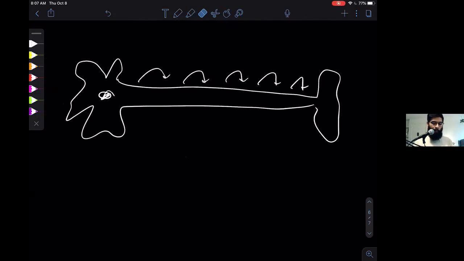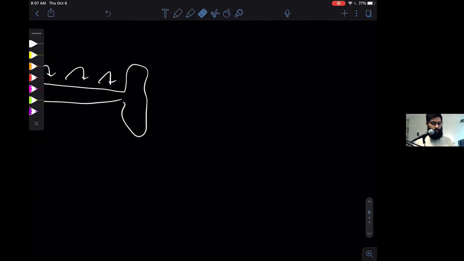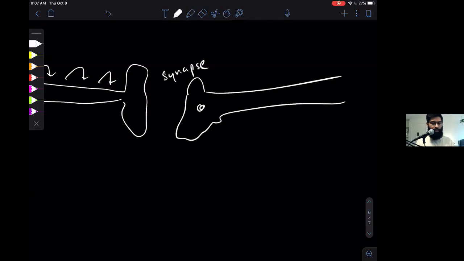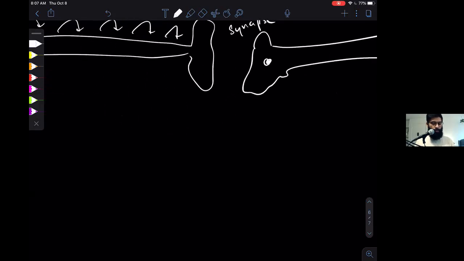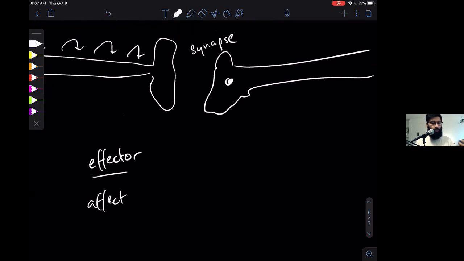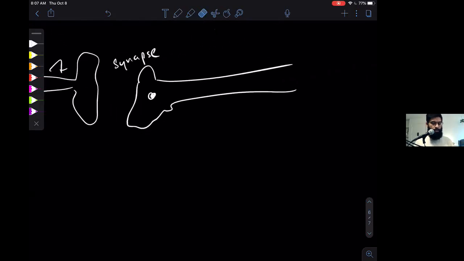And so when this goes and attaches onto something else and tells something else to do something, that is called a synapse. And so when you have attachment between this guy and another nerve, this is called a synapse. You can also have an effector junction. So let me get into that terminology really quickly. So effector. Effector means the site you are going to go and affect, right? The effector is where you're going to go and have your effect. And so that can be a muscle, it can be an organ, and the terminology for this is neuro